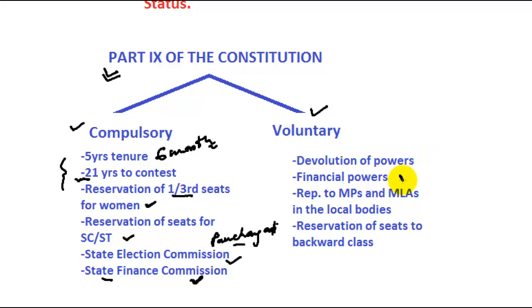Devolution of financial powers was also a voluntary provision. Financial powers means authorization for taxation and all that. Representation to MPs and MLAs in the local bodies also depends on the state government. Reservation of seats to backward classes also comes under the voluntary provisions, because the definition of backward class differs